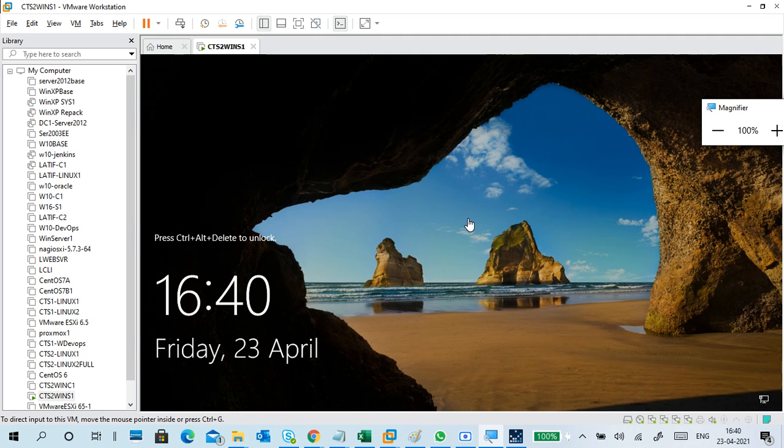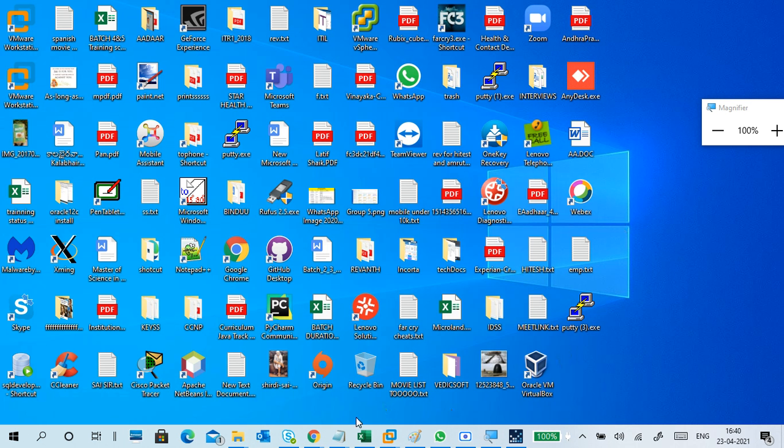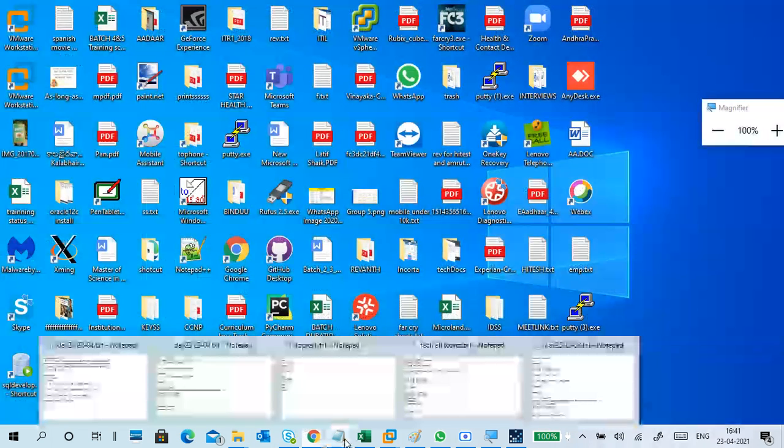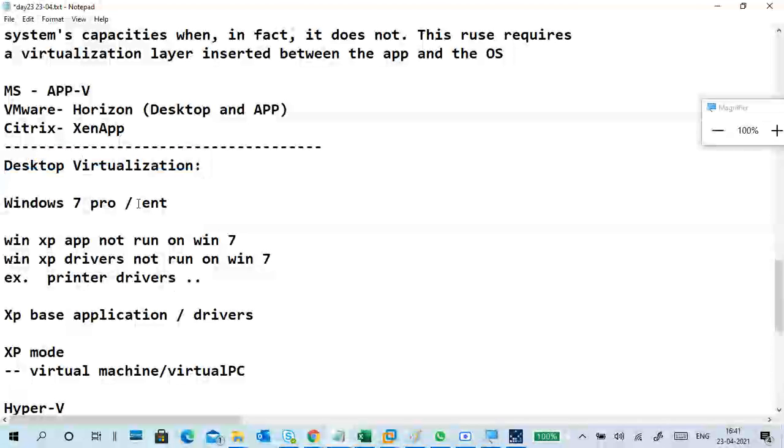I have also shown ESXi. So I created a lot of different virtual machines, and I'm using them in my personal laptop only. It is running on my personal laptop, I'm viewing it on my personal laptop, and it is stored on my personal laptop. So using an application, a user is able to create and manage virtual machines. That we also call desktop virtualization.